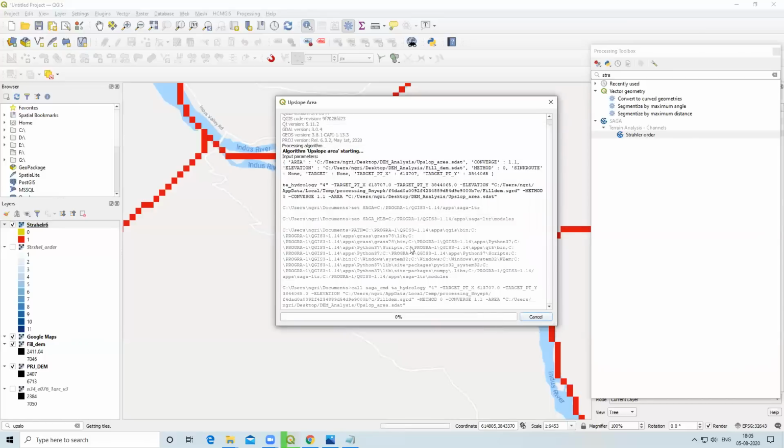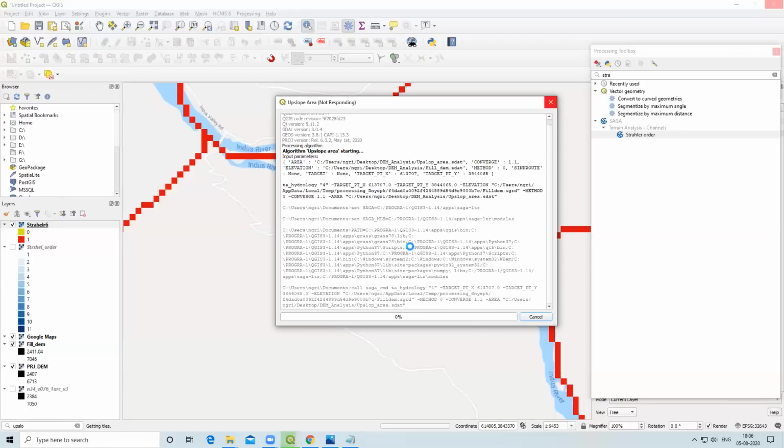So now we are going to derive the watershed. We are selecting one point along the Indus river, and whatever watershed is covered by that point will be displayed after this process. You can select a particular outlet point where you want to generate a dam.